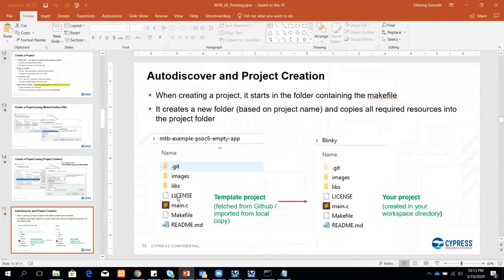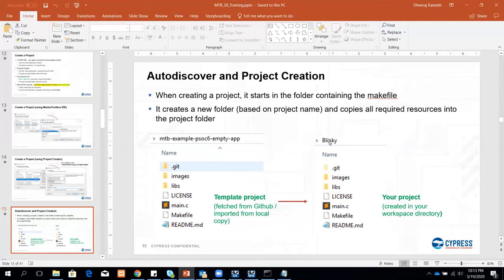Okay, so what is auto discovery and project creation? Auto discovery basically means finding where the makefile is located. Here you will see that both these places have the makefile.